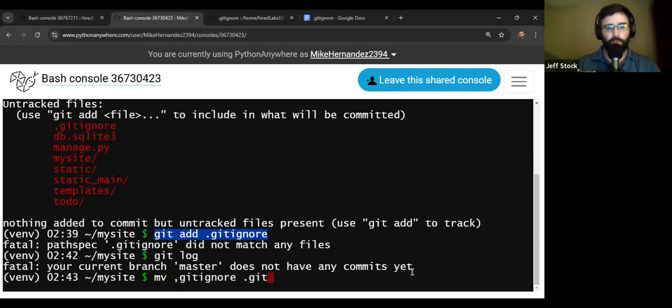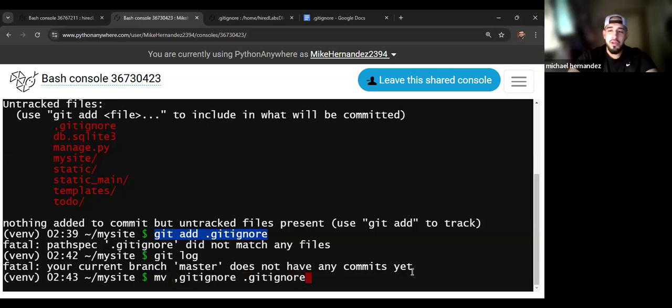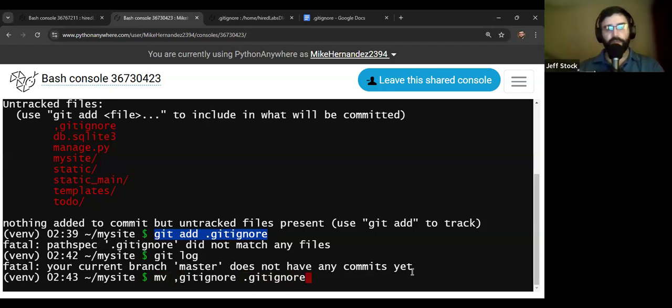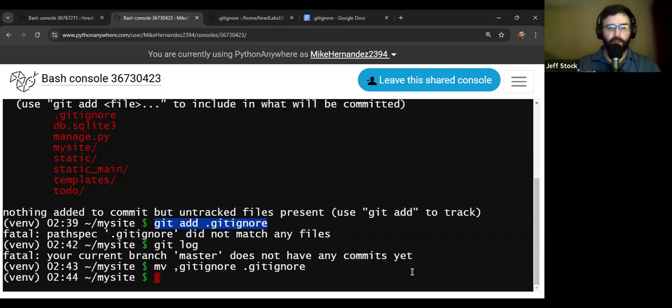You want me to just run it for you? Yeah, if you can, just so I don't hold everybody up. Sure. You just do this move command to rename something here. Okay. And then I'll clear it, but I'll keep that up for you in case you want to look at it. And then if we do git status now,